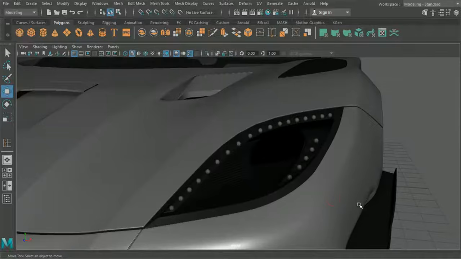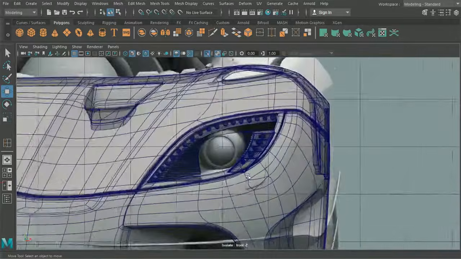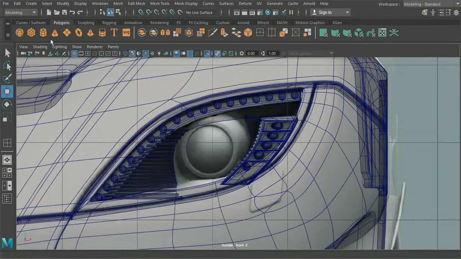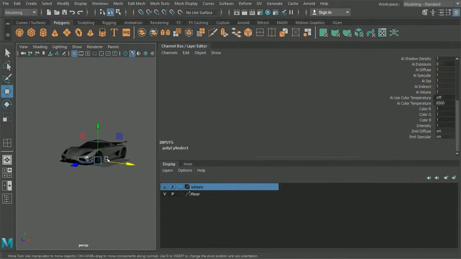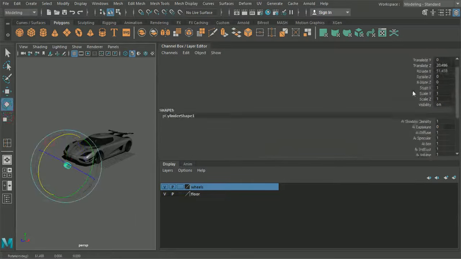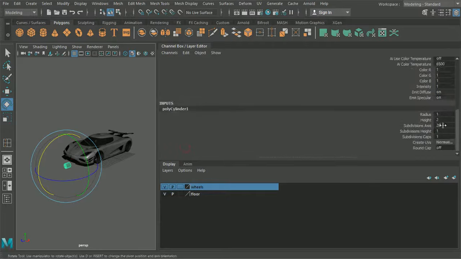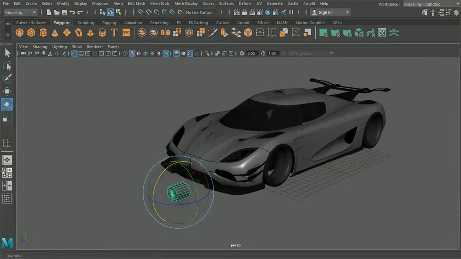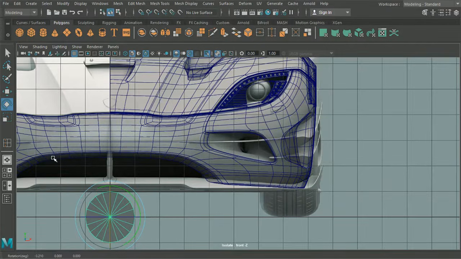So what we're going to do now is work on the actual centerpiece, the actual light itself, which is this part here, and we'll do that by using a, let's have a go at this with a cylinder. So let's bring this out here and let's rotate this around facing forward. And what we could do with this is, I think 20 should be fine. Subdivisions in there should be okay. And what we'll want to do is bring this in without rotating it.